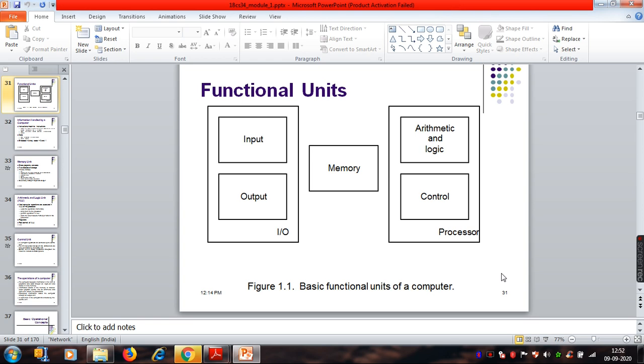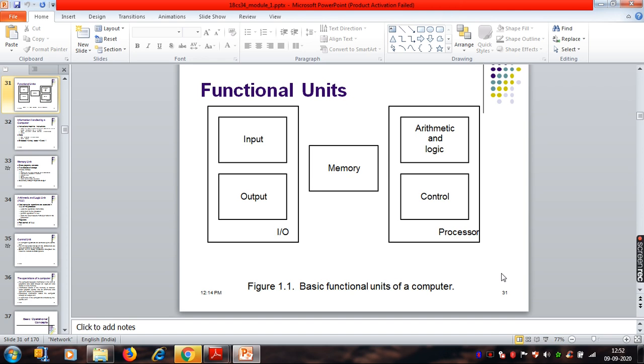When they are connected together, we need certain commands and some sort of synchronization between those devices to cooperate with each other. That is what we call synchronization. It is basically done by generating the control signals, the proper generation of the control signals and synchronizing the communication between the devices.